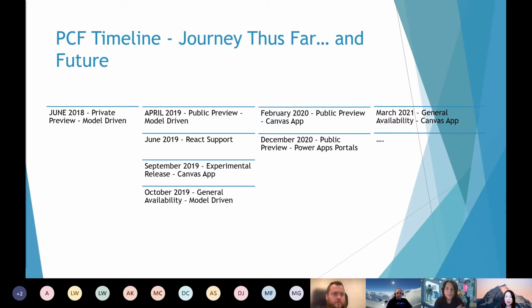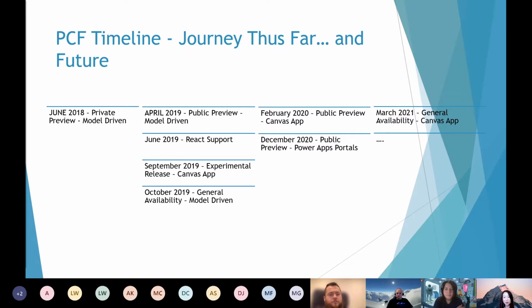As you can see, it's been around for about 2 years. A lot has been happening, and just briefly, it's in general availability in model-driven app, it's in public preview in Canvas app, and Microsoft is working on getting it released on Power Apps portal.